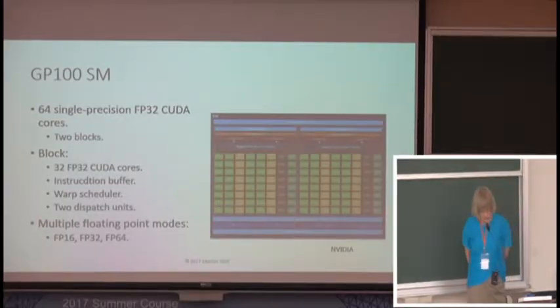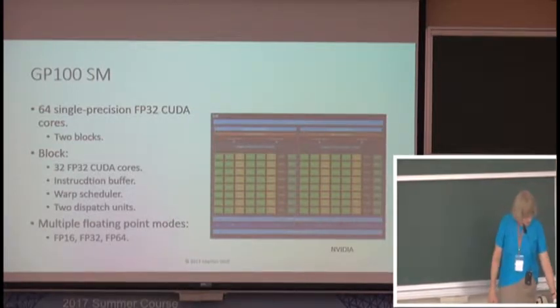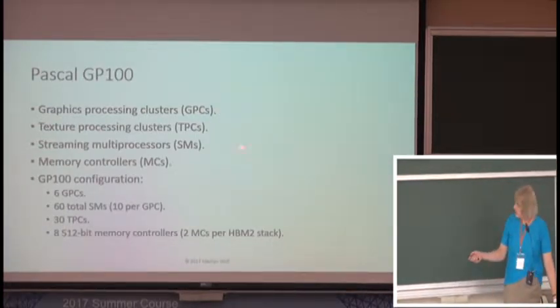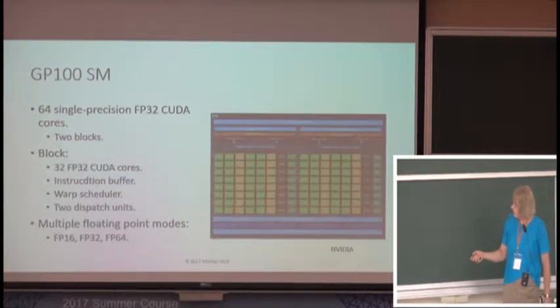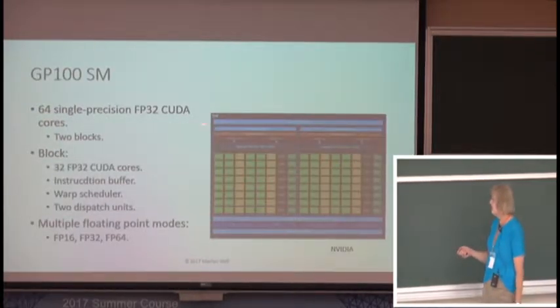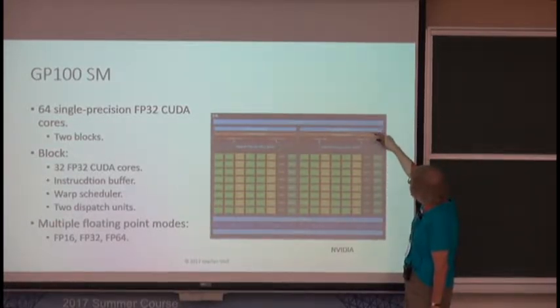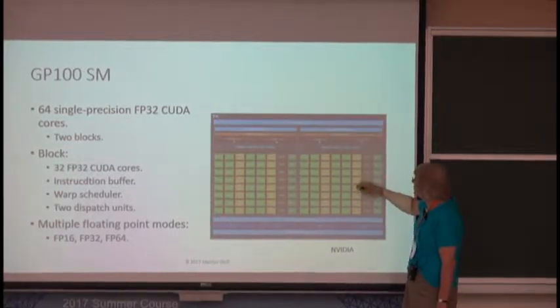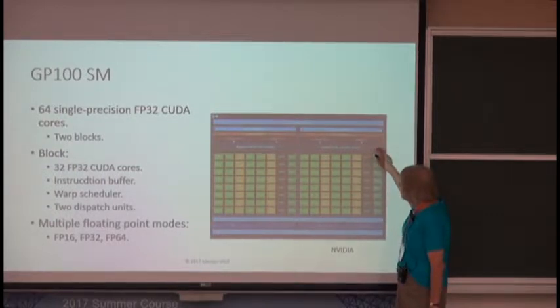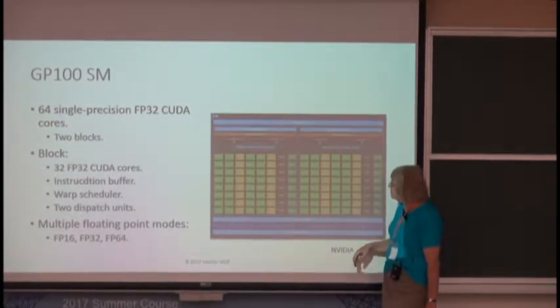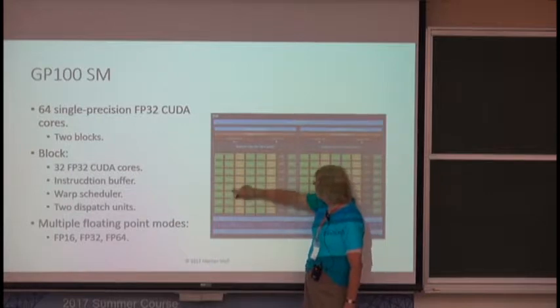Okay, this block diagram shows you the streaming multiprocessor here. So you have 64 cores, each of which will do single precision 32-bit floating point. Okay? If you look here, there's an instruction cache that feeds into an instruction buffer. We'll talk about how you schedule operations here, but you're scheduling the operations. This is a register file. You've got a whole bunch of